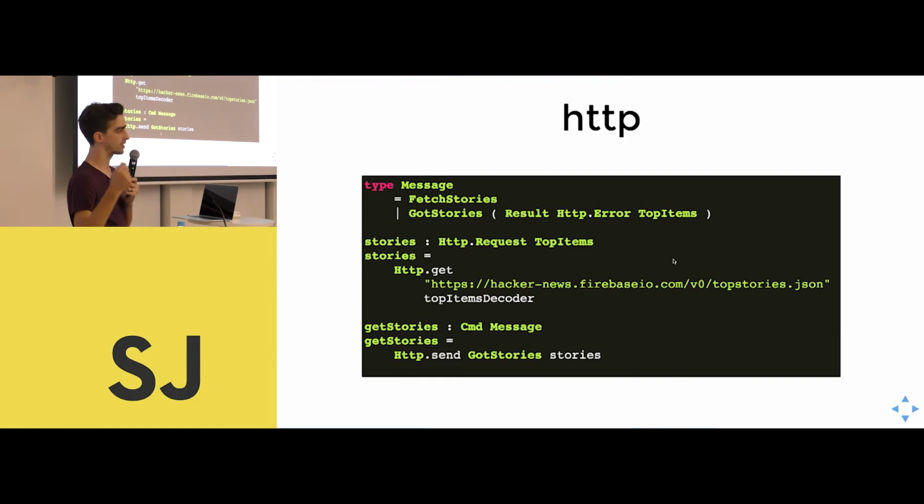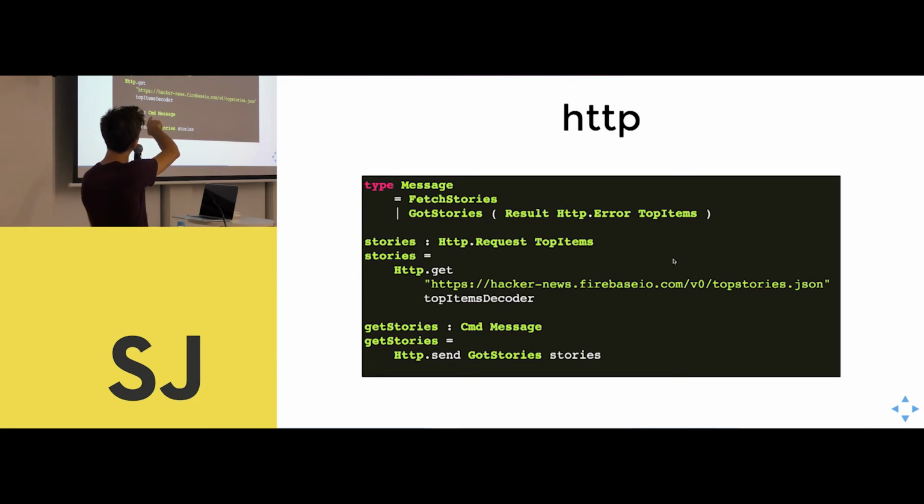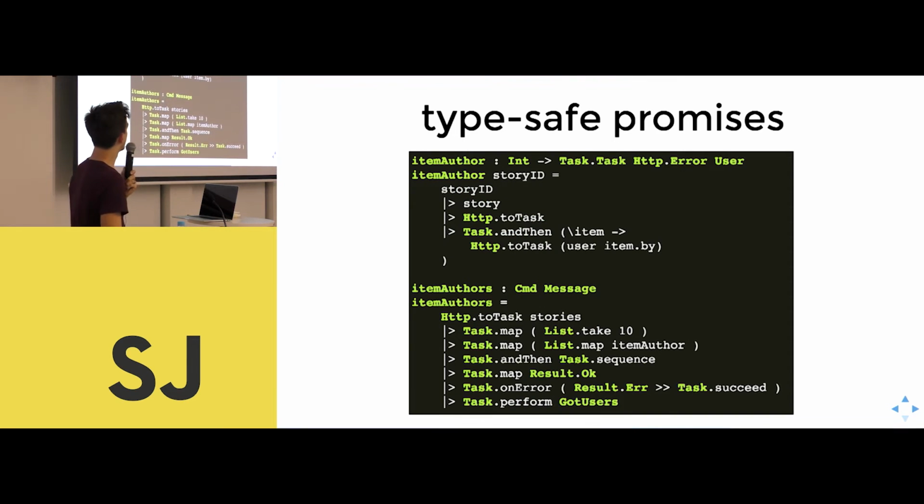The only way that a command is actually going to get fired off and handled by the runtime is when it's returned through that update function, when it gets wired in. So what this is going to do is go out and get all the stories and come back with either an error or some set of top items, which is just a list of IDs from Hacker News. And here's some terrible, awful, contrived example of if we got all those stories and then took 10 of them and then got all the authors, and then from each author,